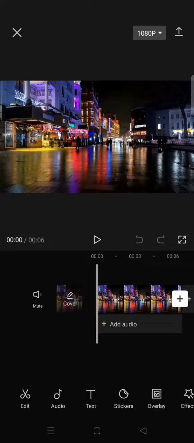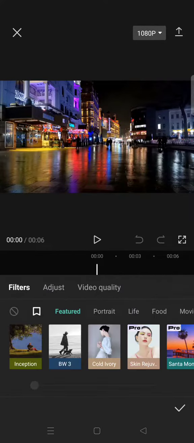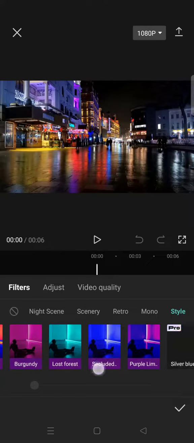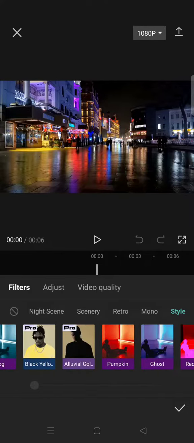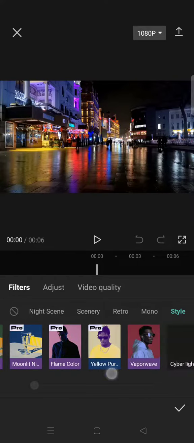On today's tutorial, I'm gonna show you how to color grade your video with the funky vibes on CapCut. So here you need to add your clips and then just go to filter, find the style category, then select this cyber light filter,